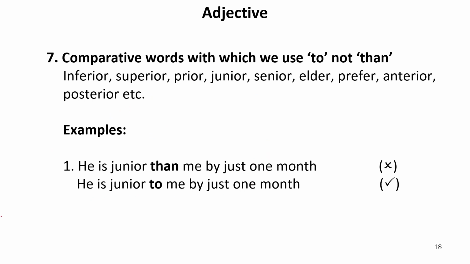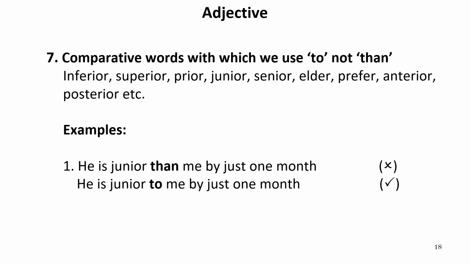Whenever we have some comparative words with which we use 'to' and not 'than'. There are some comparative words in case of which we use 'to', not 'than', because these are not comparative degrees. Instead, they are comparative words which are used to compare two or more things among themselves, and also behave like comparison, but they compare the situations of persons as it is in their meaning. So we actually do not have any positive degree of such words.